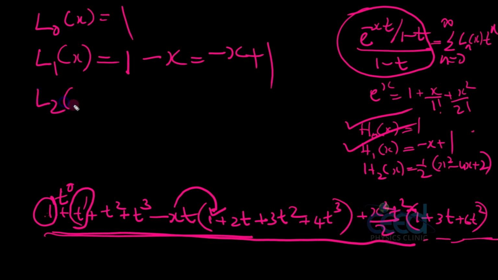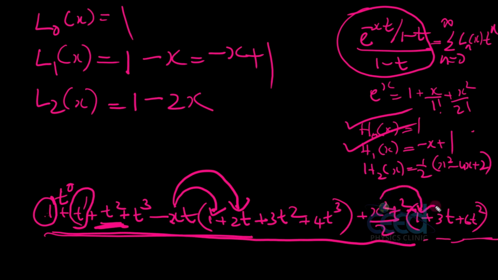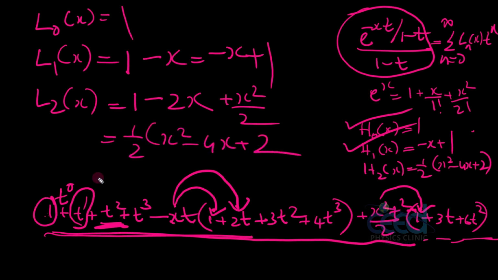Now let us check the L2 of x value, so the coefficient of t square. Here we have a t square term, so the coefficient of t square is 1 here. And again when I am multiplying this with this, I have minus 2x t square, so the coefficient is minus 2x. And when I am multiplying this with this, I have a coefficient of t square that is x square by 2. So when I take 1 by 2 out, I can write this as x square minus 4x plus 2. So this verifies the